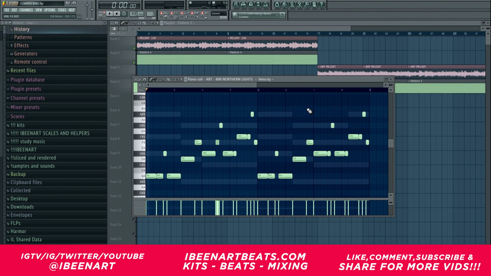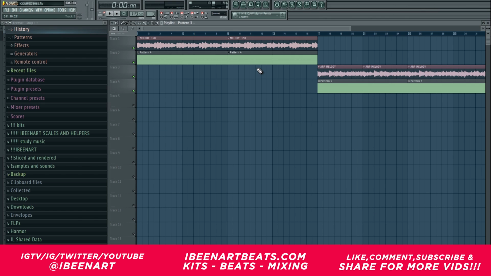Today I'm going to teach you guys how to make complex 808s like this. They're actually very simple, and once you get the hang of it, you'll be able to do this instantly. So let's get started. I'm going to break it down into 3 different parts, and the first thing we're going